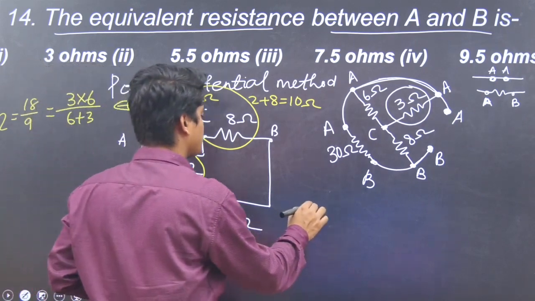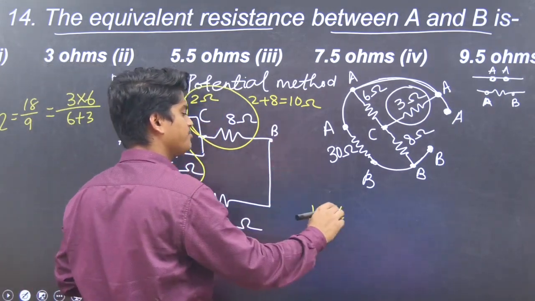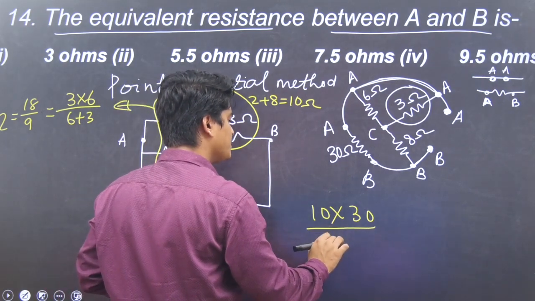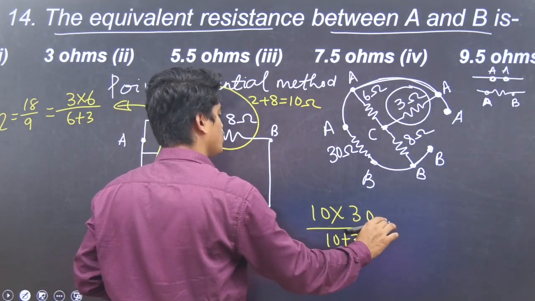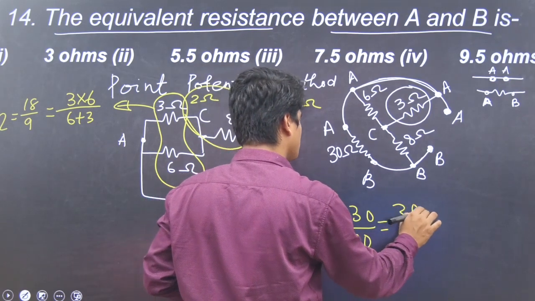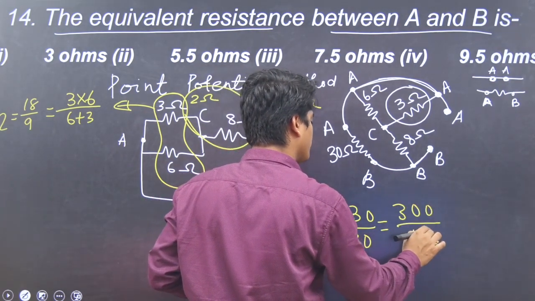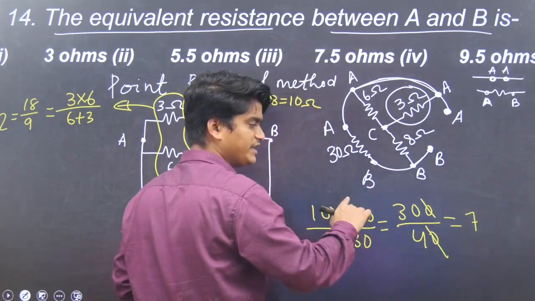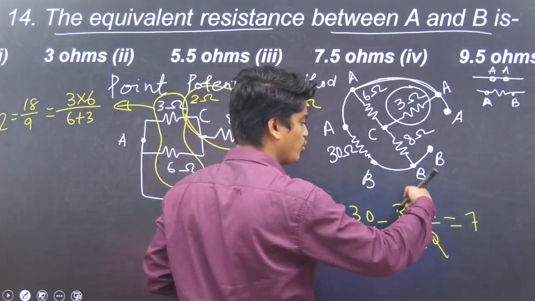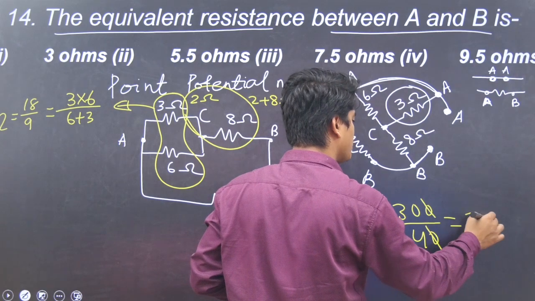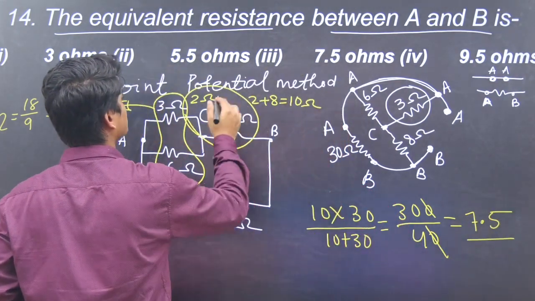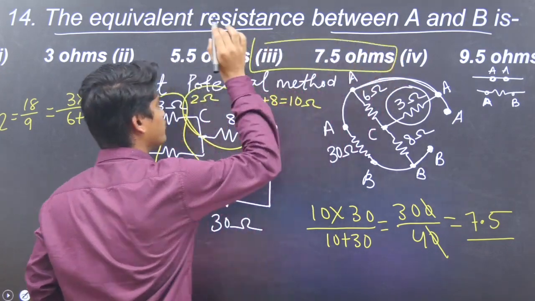If two resistors are in parallel, with values 10 and 30, then multiply divided by 10 plus 30. How much will it come? 300 divided by 40. Cancel the zeros, 4 7 28, so I put one decimal point, and 2 will come down, 0 will be there also, so it will come 7.5. So what is your answer? Your answer is coming around 7.5 ohm.